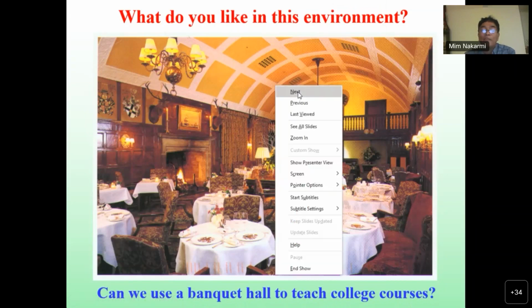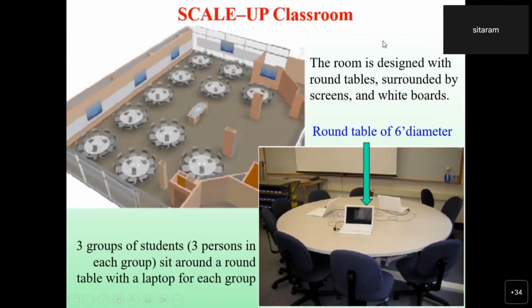This is actually the scale up classroom. This is the practical design of scale up. So as I say, scale up is the environment, and in this environment, classrooms are different from our regular classroom. It has round tables, and the best optimized diameter of the round table is 6 feet. They tried different sizes, and they found the optimized size is 6 feet in diameter. And in one round table, 9 students,